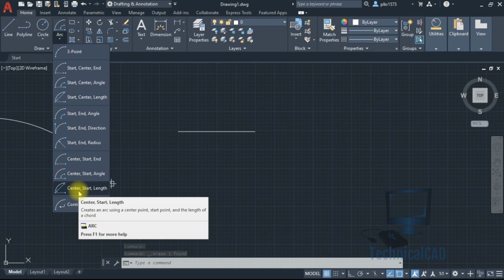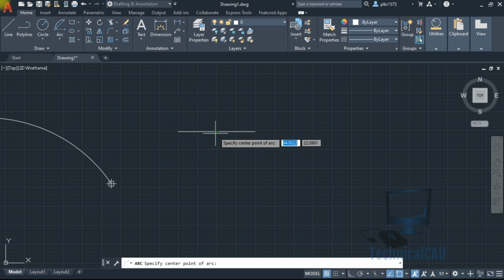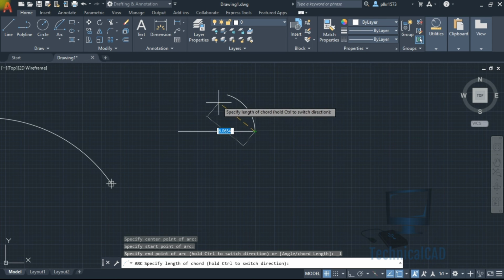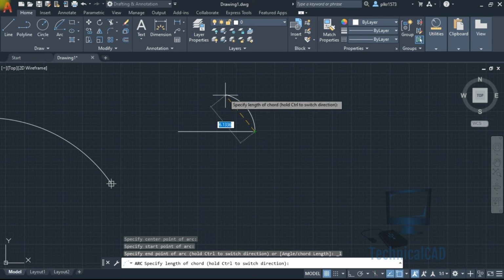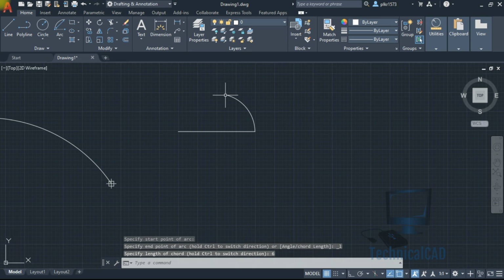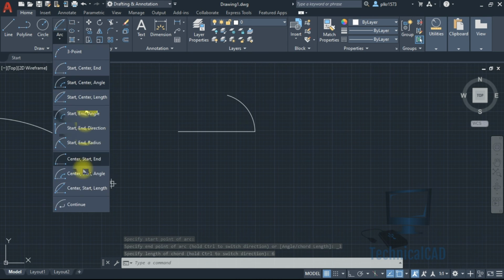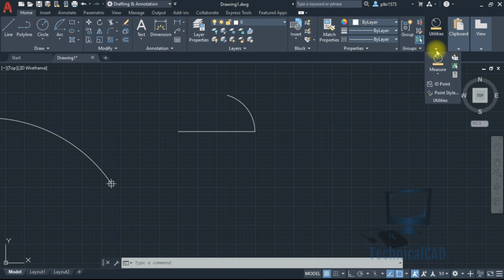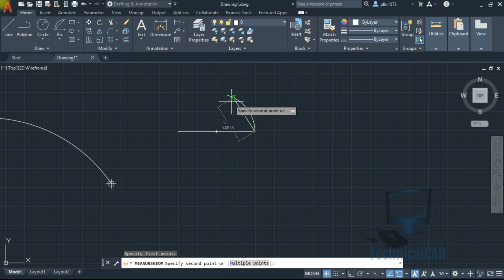Next, center, start, length. You have to give the length of the arc, I mean the chord length. If you have any doubt, you can check through measure. What is the distance from this point to this point?